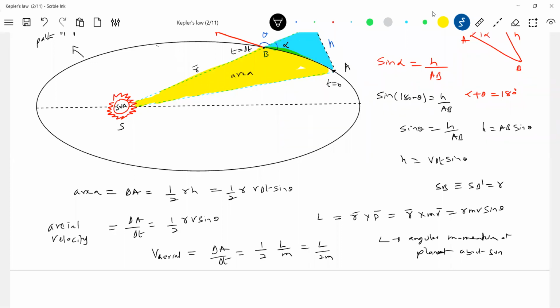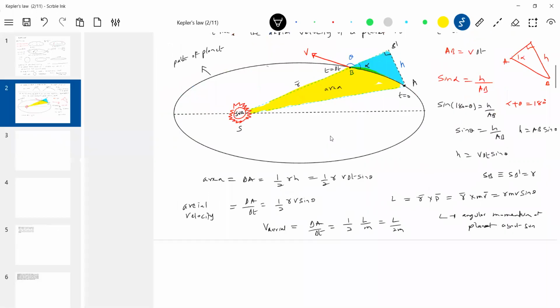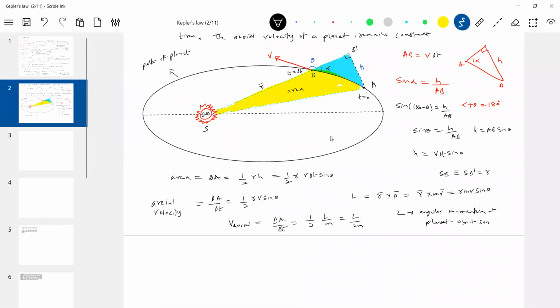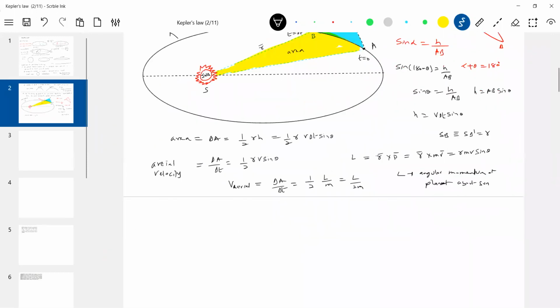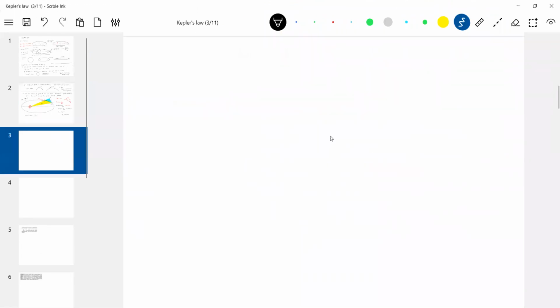Now you can ask questions. How can you say that aerial velocity is constant? How can you say that angular momentum is constant? Because if L is constant, then aerial velocity is constant here. Okay, since we know rotation mechanics and the torque idea, angular momentum will change only when torque is acting. So if any force is acting, suppose the planet moves in an elliptical orbit,